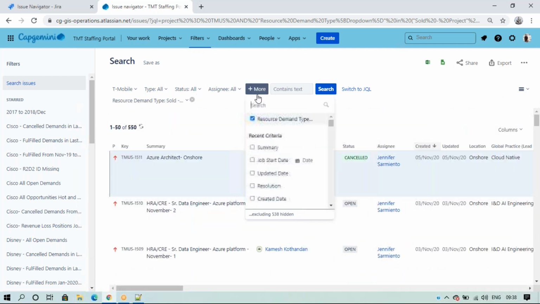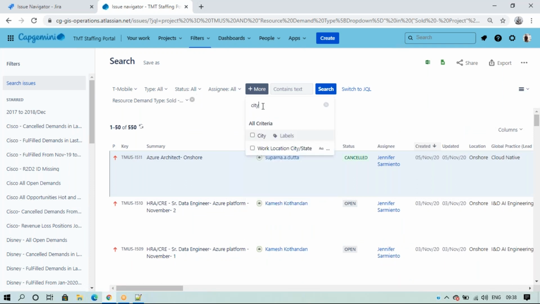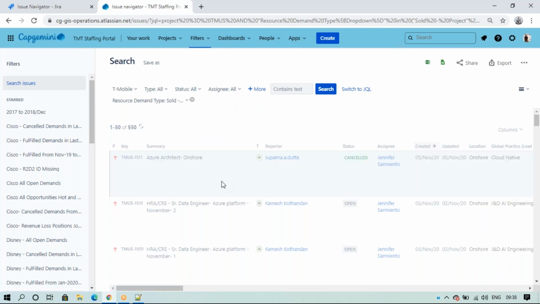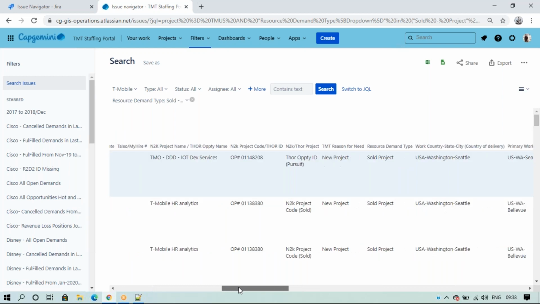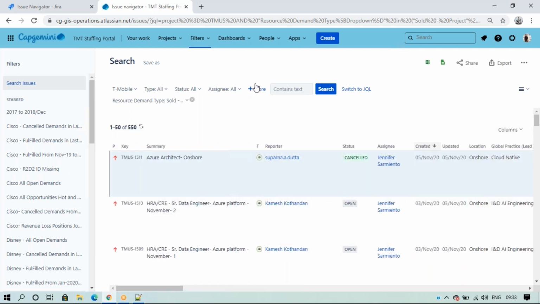So I can select it in custom fields as well. Work location, city, state. Country, state, city.